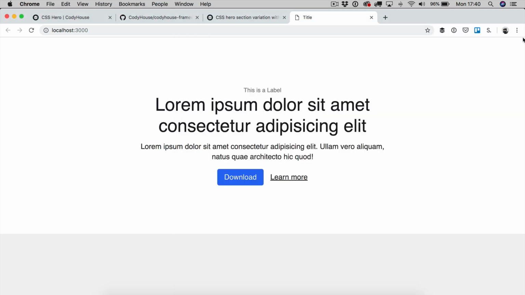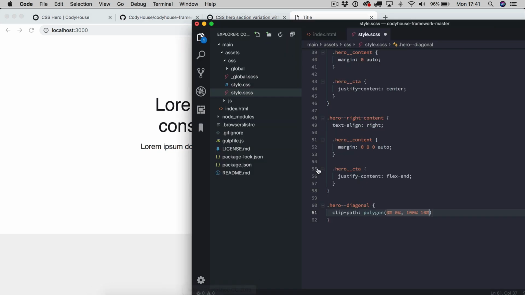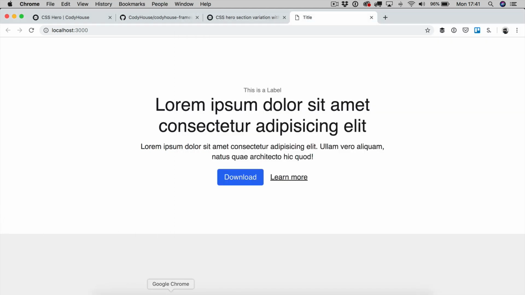So it's no longer 0 over here, but we're moving down a bit. So it's going to be right here. Then we can go ahead and set 100% and 100%. And then the last set of coordinates is going to be 0%, and then we want to move up a little, so it's going to be